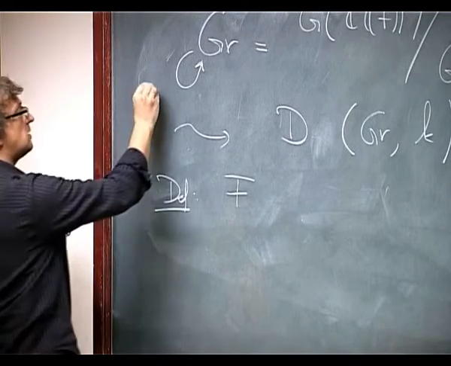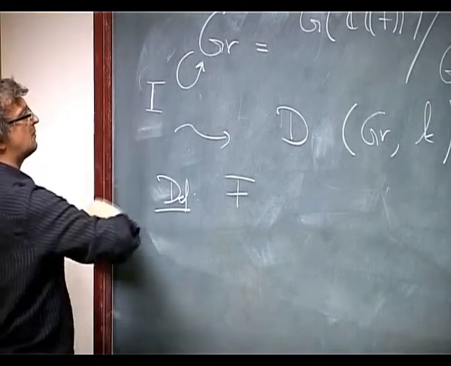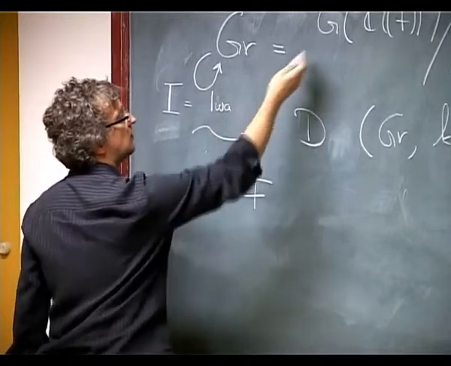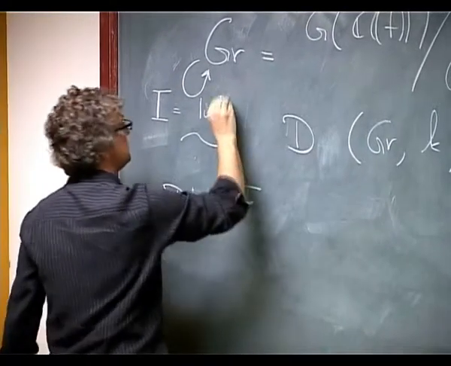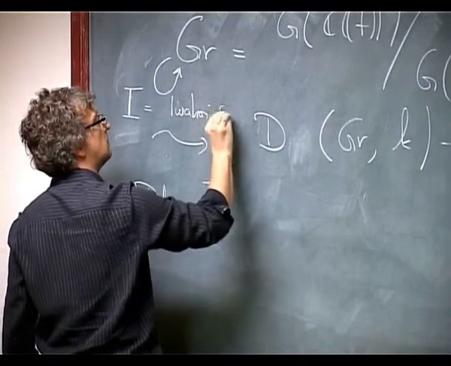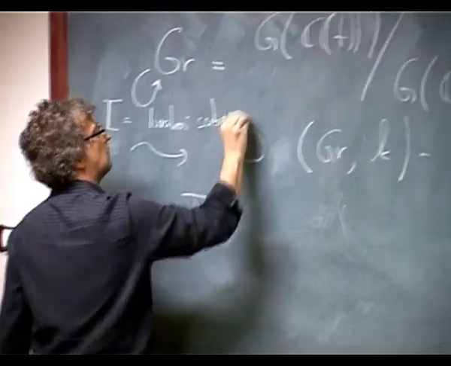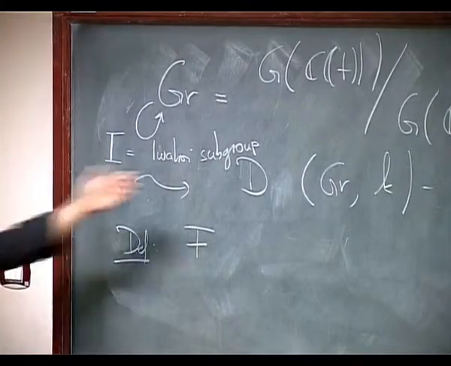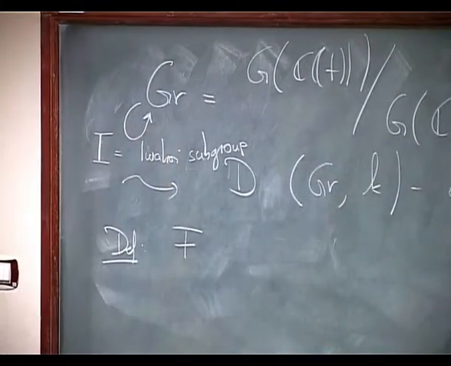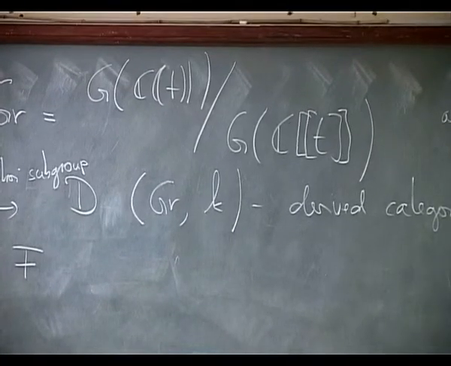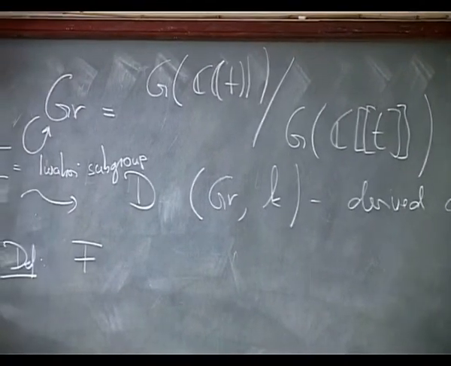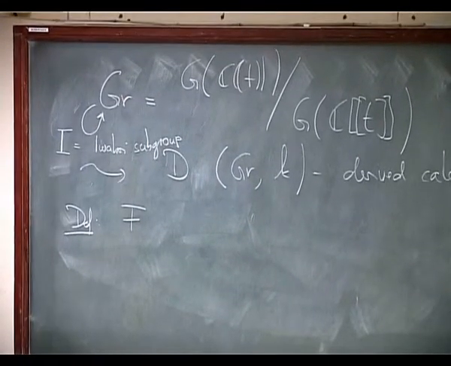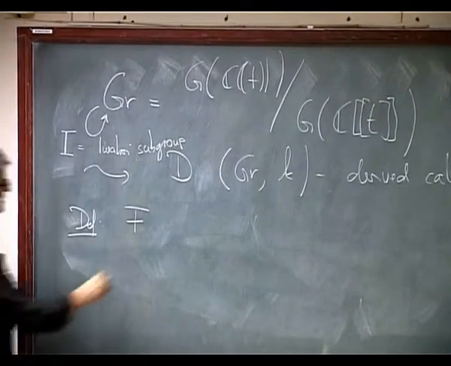So it's acted upon by a subgroup of this loop group, which is called the Iwahori subgroup. The Iwahori subgroup is contained inside this disk group. It's also an infinite dimensional subgroup, and so GR is stratified by these orbits. And so,